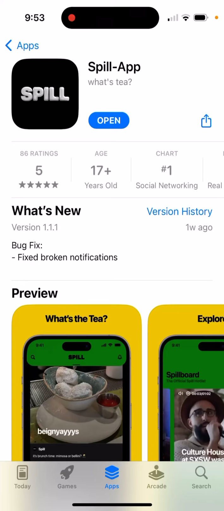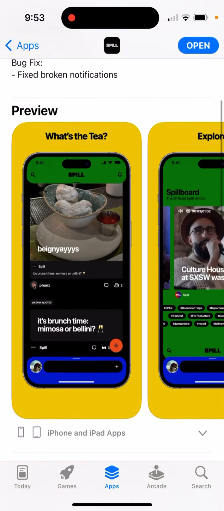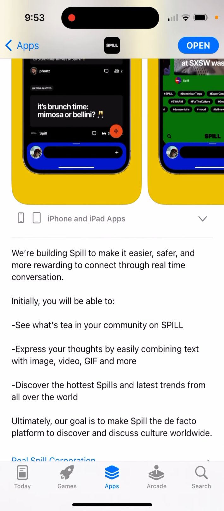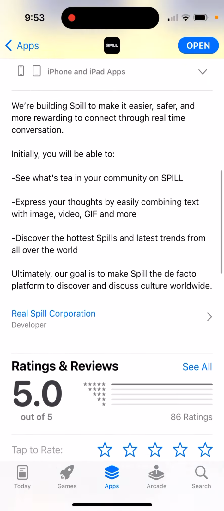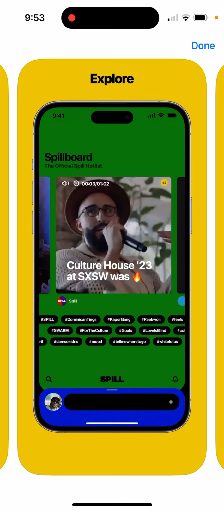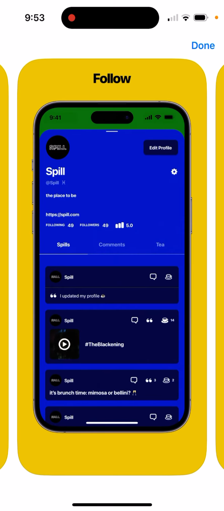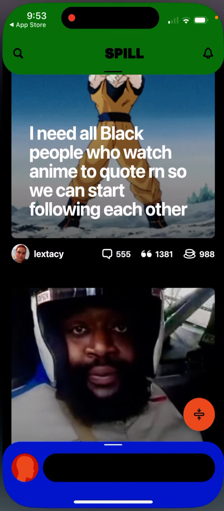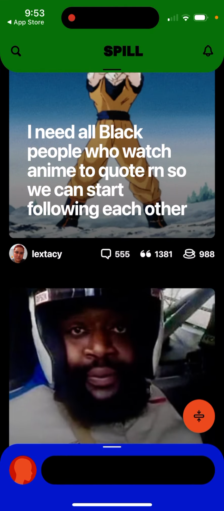Here is the Spill app, and in case you're wondering what it looks like and what this app is about, let's just dive in. First of all, it's available in the App Store, but you need to have an invite code. The idea of this app is just like a social media. It looks like Twitter. It's quite visual. There are a lot of videos and GIFs here, but basically I was able to get an invite code,